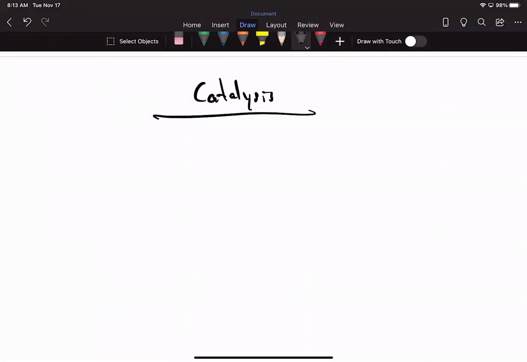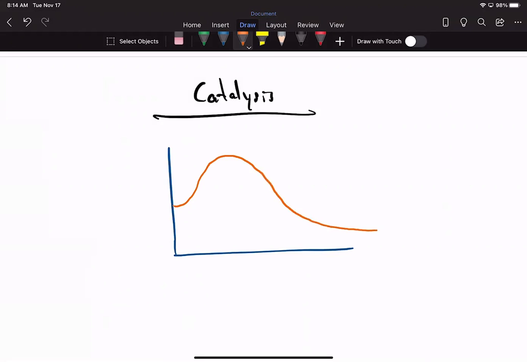All right, so for catalysis, we're just going to be taking a look at this graph here, and let me draw a couple of reactions here. So this reaction, and then